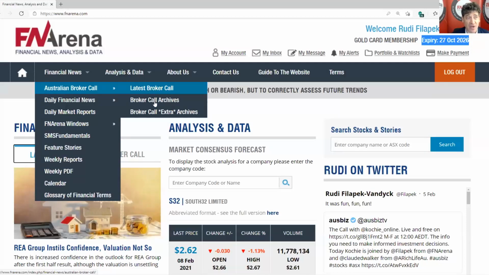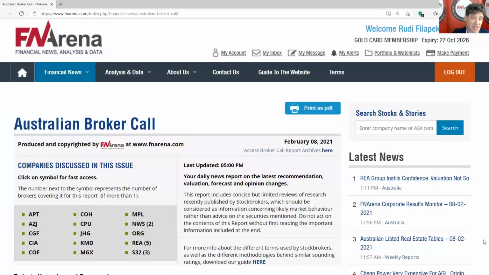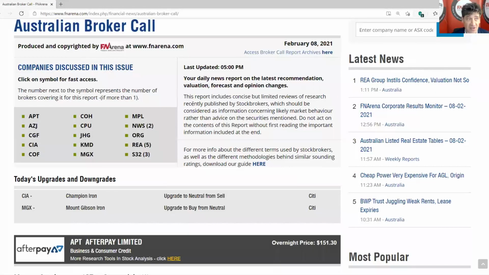Just very quickly, we have archives here. This is the old ones, and we have since a few years developed an addition to the protocol, and we are developing that even more to make it more accurate, more up to date, and more frequent. But if you go to the latest one, every morning we publish the majority of what the main stockbrokers in Australia communicate with